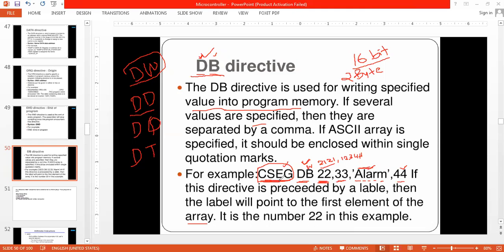CSEG is going to have memory locations starting from 0 or whatever address is specified, and each location holds byte size data. That data may be 22, 33, A, L, A, R, M, 44, but it should be byte size because I am using DB.